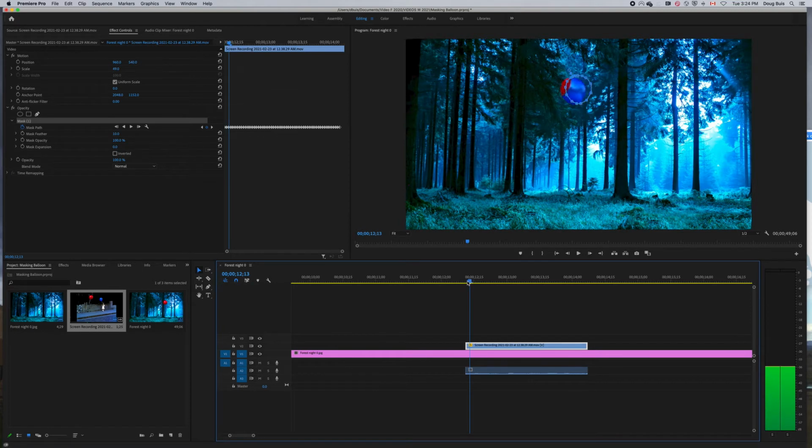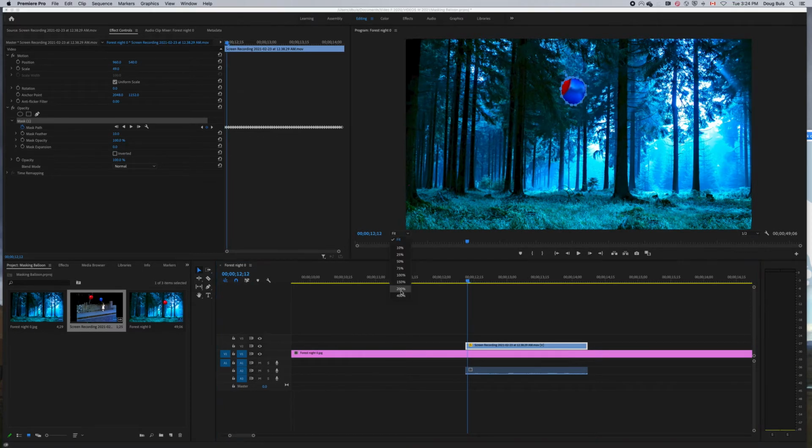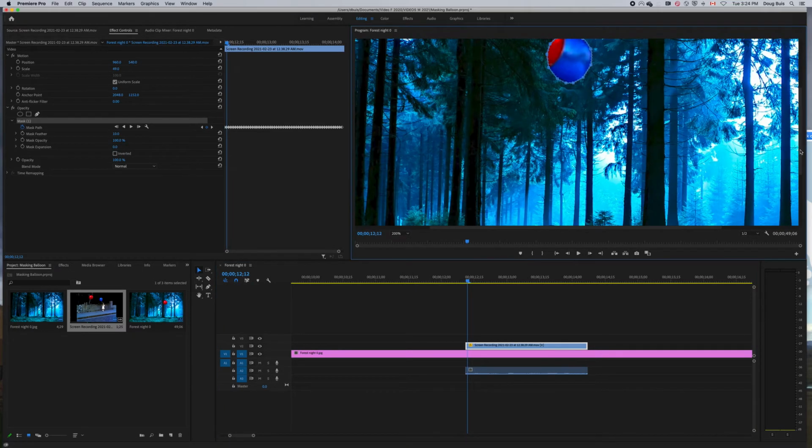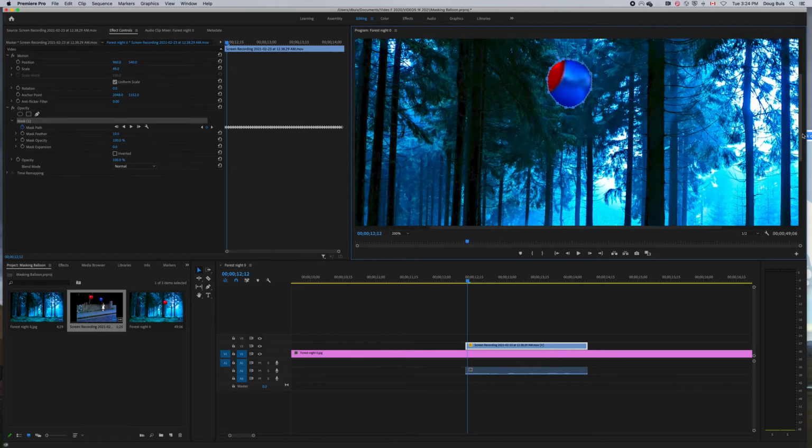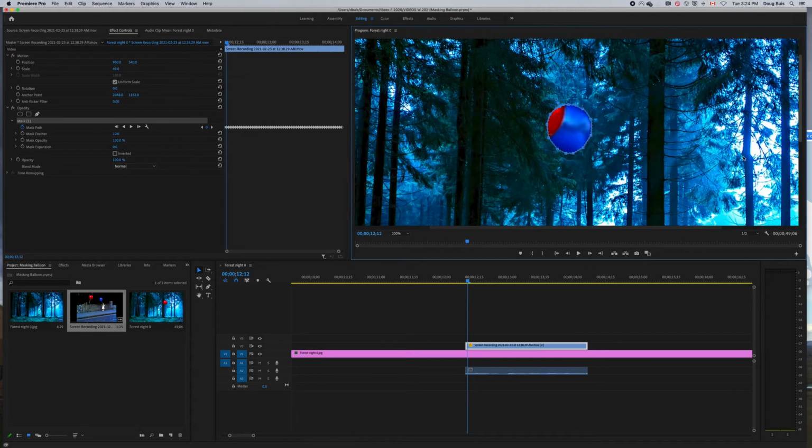And let's say you don't want that red in there. I'm going to zoom in again. You can change the shape of it one frame at a time if you need to. Because if we continued this, the balloon would kind of lose track of the tracking itself. So what we can do is, with this key here, you can go one frame at a time. So what we can do is we can actually change the shape of a mask